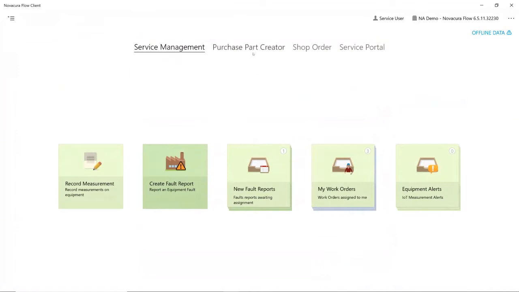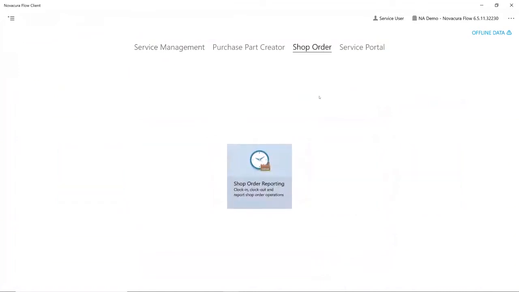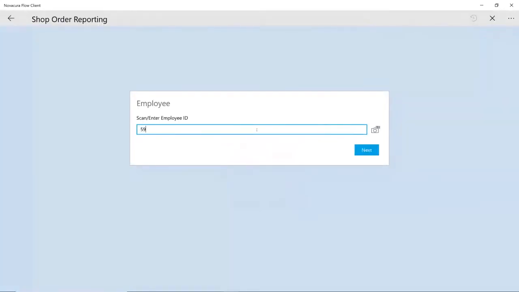I could go here also, so maybe just for the manufacturing folks on the call, shop order is probably a close second to where and how we extend IFS. Shop floor people, at least in the States, we've got one customer, they're welders, they're wearing gloves. Putting them in front of an ERP system to track their hours against indirect and direct operations is not an easy thing to do. So being able to build an app that has buttons, or maybe they scan the various indirect operations as a barcode, where they don't even have to type, is very easy to do within our system. But this is an example of how we might extend IFS to address shop floor reporting